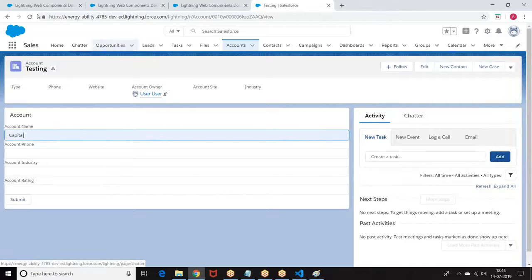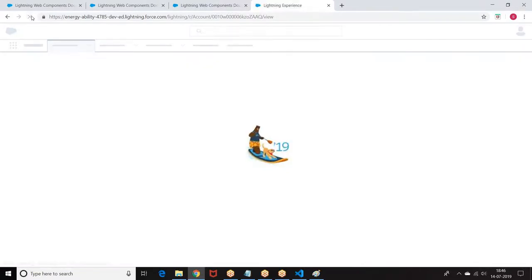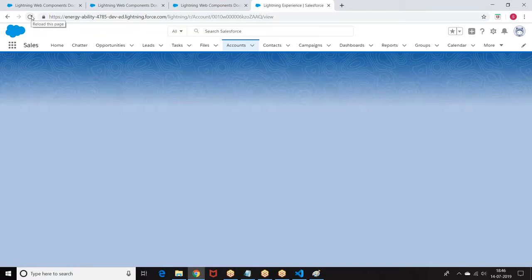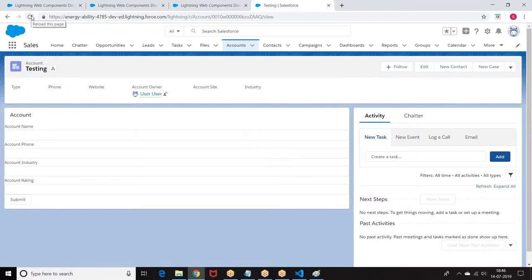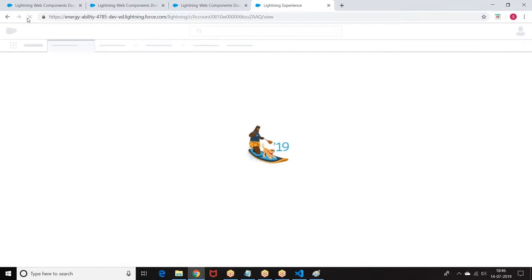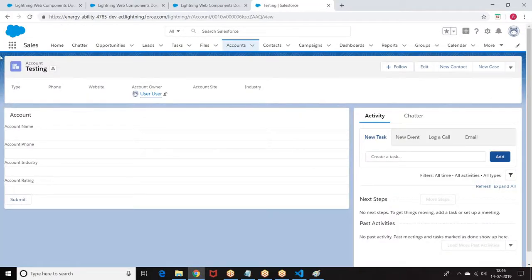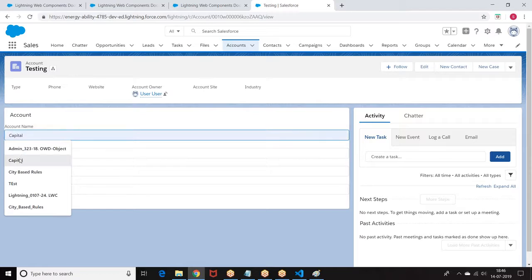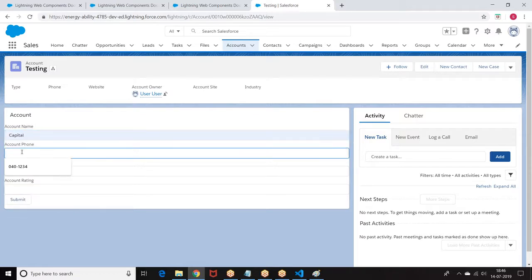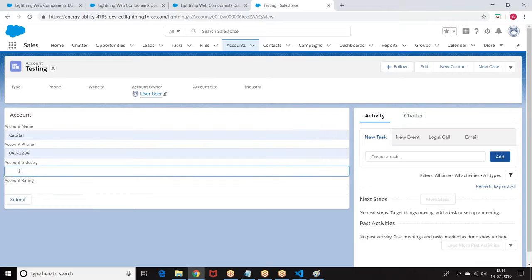Now, initially you will find some difficulty with Lightning Web Components because there is no documentation available for that. So we're just trying to pull some data from the general web components, and I'm trying to merge it with the Lightning. So general standard documentation is also not there. I'm just trying to merge the code with the generalized web components which are available, to get these structures. As I told you, there are no predefined documents. Just trying to look at some available resources and trying to merge the web methods.